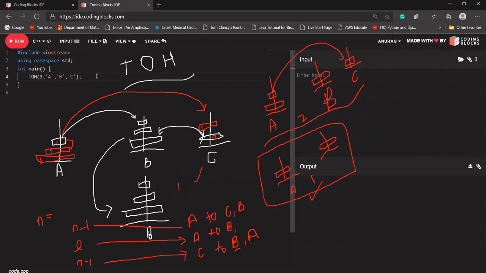Just think of it in the form of recursion. Let's say I know the solution for transferring one disk only. The rest my function will do. First I'll be doing it for n. First it will be doing for 1, then 2, then 3, then 4, then 5. Okay, let me write the solution, then we'll see how our function is working, then we'll do a dry run for that.